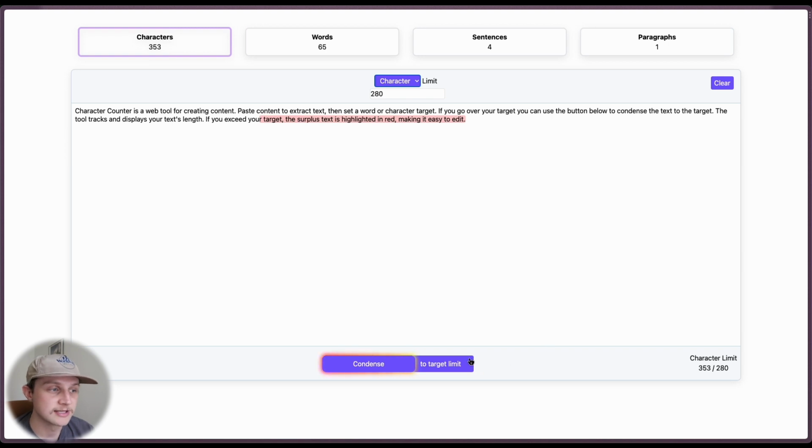Okay, so now moving on to the primary feature of the tool. So we're using AI to condense this text to your limit. So you get 3 of these uses a day. So if we just go ahead and condense this to 280 characters,